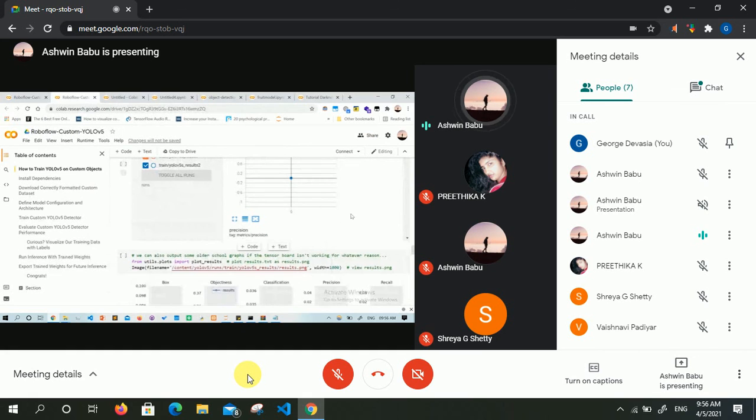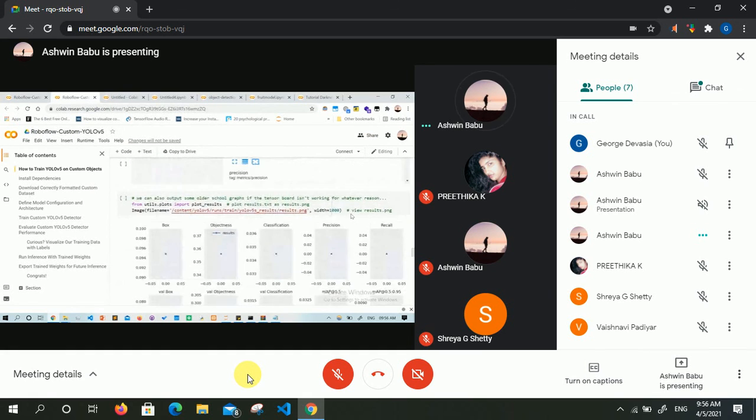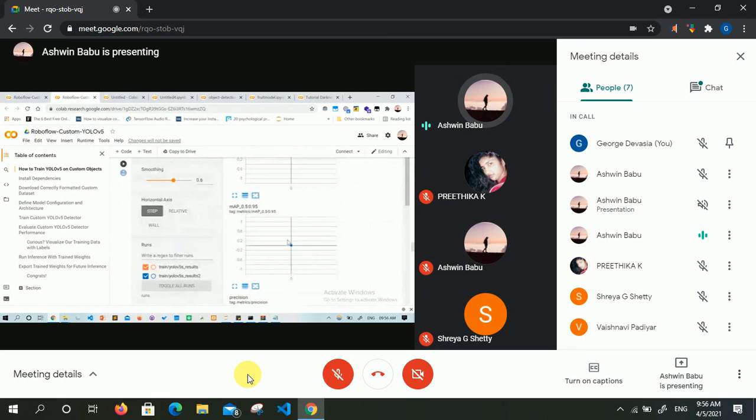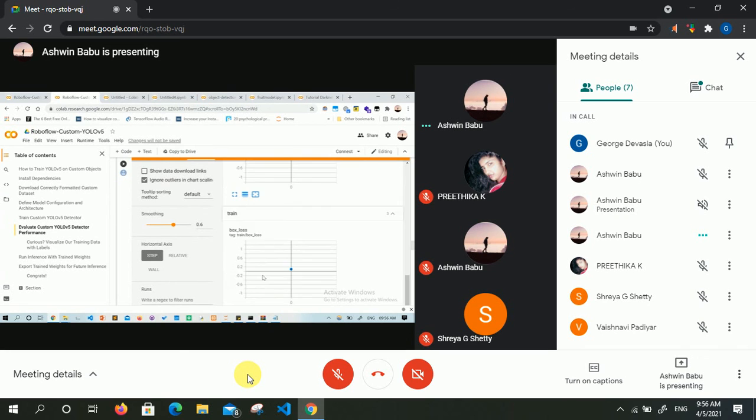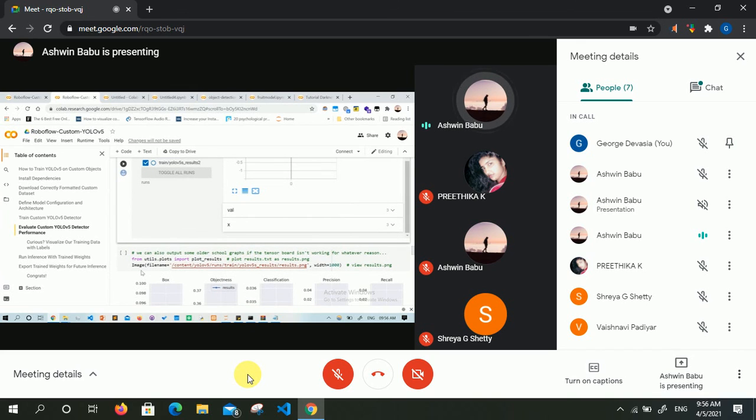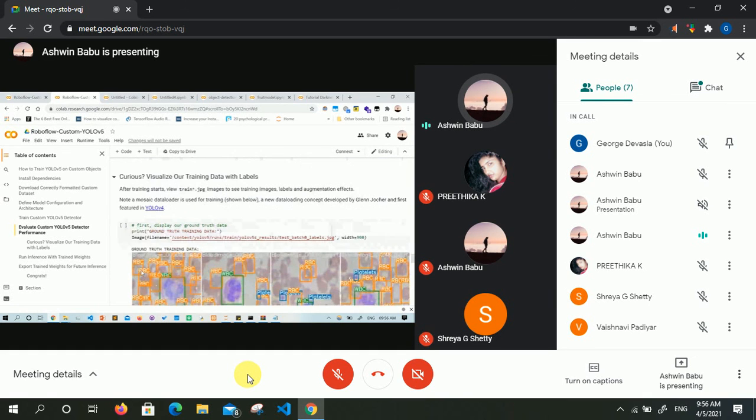As I told, we were talking about TensorBoard. Using TensorBoard, as I had told, we will be getting different values. MAP, okay. MAP means mean average precision. They might even ask what this graph is. Mean average precision is the accuracy we are trying to get. If we have a higher MAP, it means the neural network is better. That's what I can tell.